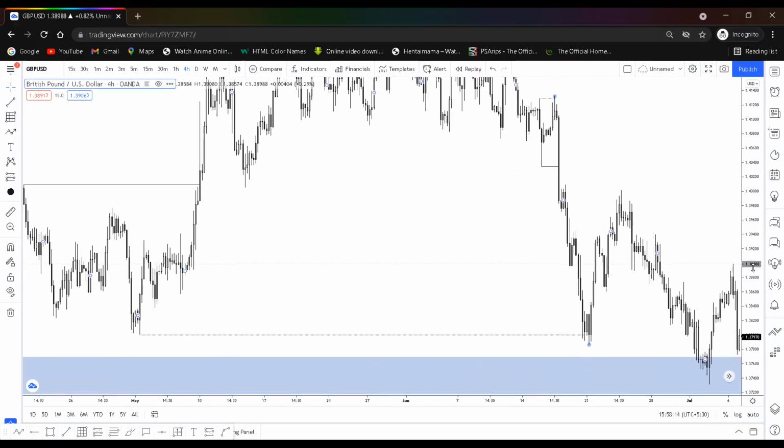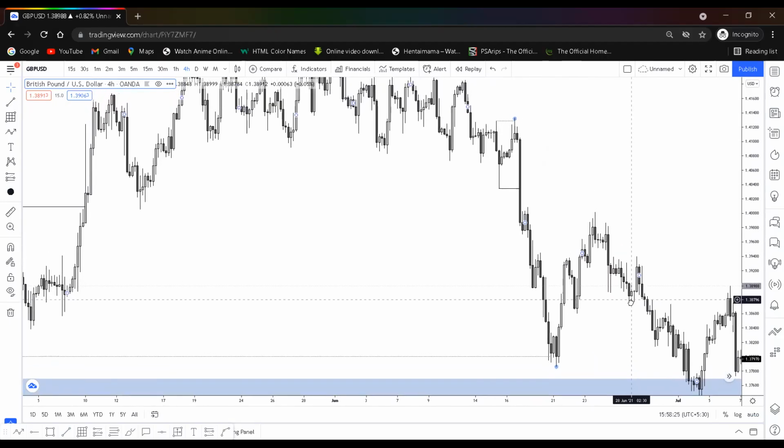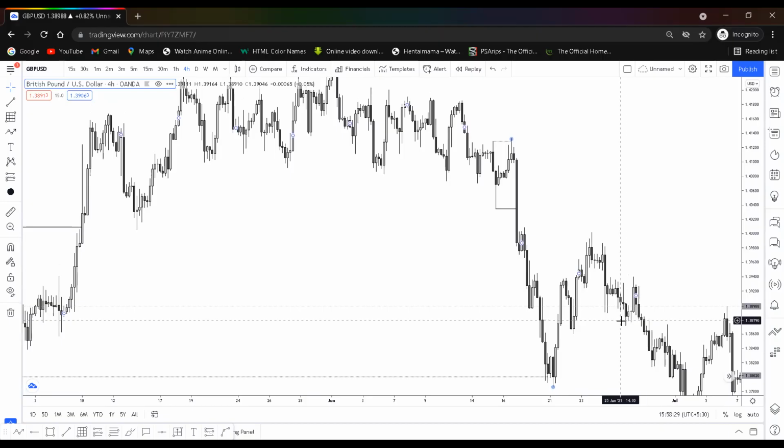With that new range, would you also, let's say in the daily, both the daily range and the 4 hour range, they both have